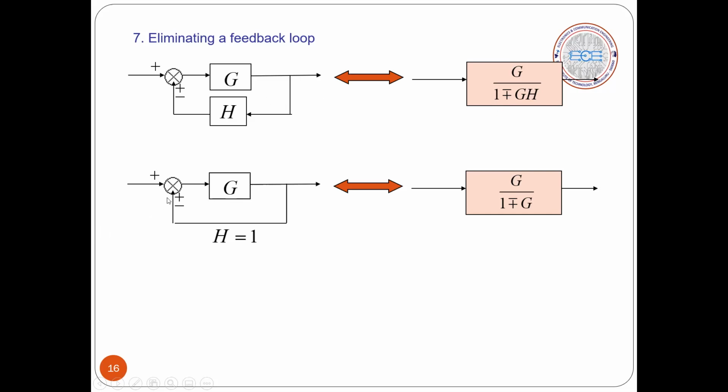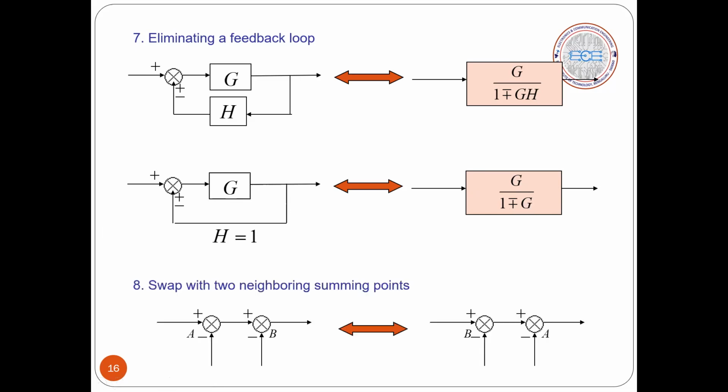So similarly, if you have unity feedback, that is, if the H value is 1, you will find that this block now becomes G divided by 1 plus or minus G. Very simple. This is what we call the elimination of feedback loop technique. Next we have